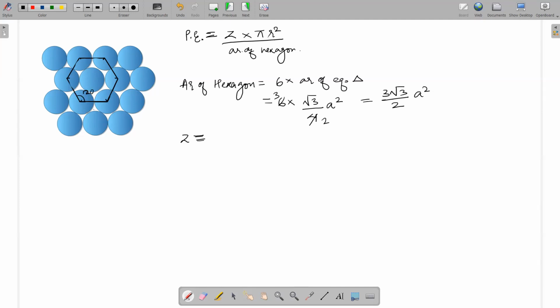120 degrees. So the atoms which are making 120 degrees in the unit cell, how many atoms are there which are making 120 degrees? There is 1, 2, 3, 4, 5 and 6. You have 6 atoms which are making 120 degrees. So I will write 6 into the fraction 120 by 360, plus there is one atom which is making 360 degree angle, 360 by 360. So this will be equal to 2 plus 1 by 3.